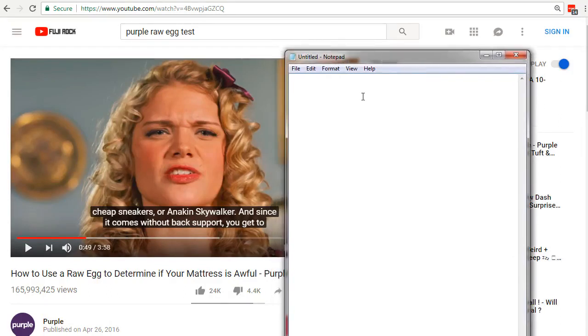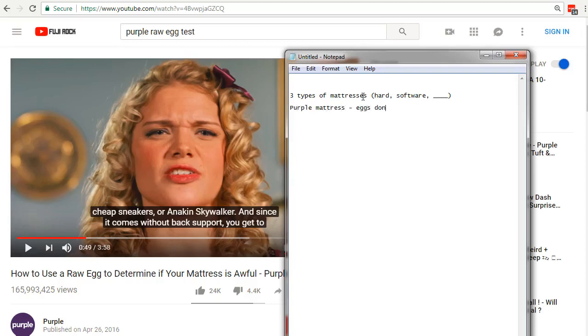For some reason, Goldilocks is in there and has nothing to do with mattresses, but they're talking about 3 types of mattresses: hard mattresses, soft mattresses, and some other mattress, but we haven't gotten to that point yet. So they're talking about a really funny way of saying, okay, like an egg, the purple mattress,